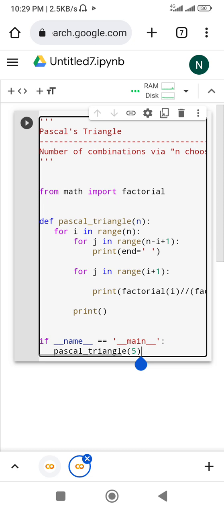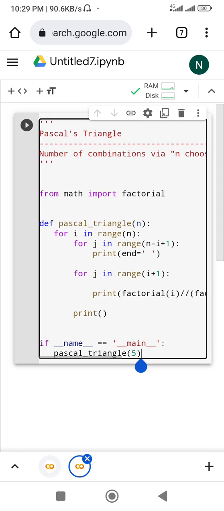Located in Pakistan. First of all, I would like to tell you that I was given an assignment, a class project, on the Python programming language to execute Pascal's triangle as a class project in coding. What is Pascal's triangle? Pascal's triangle is a